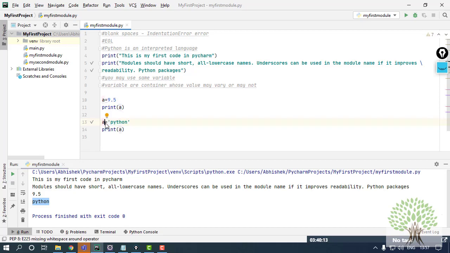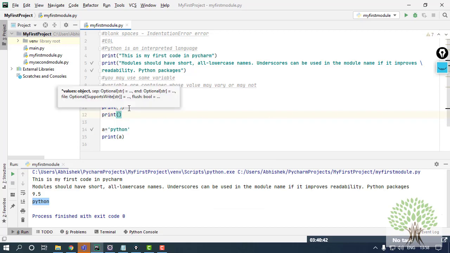Now you can see over here that this is a number and this is a word. And I'm not specifying anywhere what is being stored in the variable. Why? Because Python does not require that. Python has inbuilt functionality by which it automatically decides what value is stored in the variable. There is an inbuilt function in Python by which you can check the data type, that is, the type of the data you are storing.